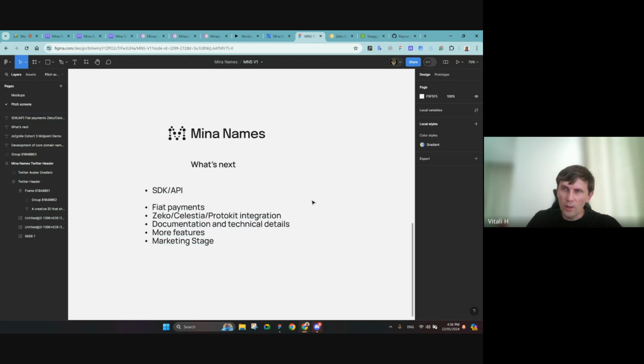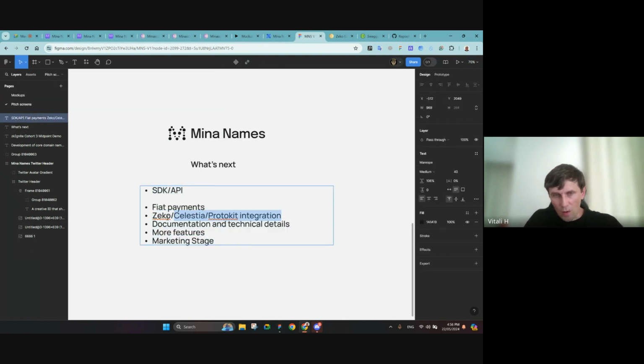That's why we focused on working with our own infrastructure in terms of sending transactions to L1. But anyway, it is built so that you can simply switch to zkSync's Celestia Protokit, and these tests are already going.